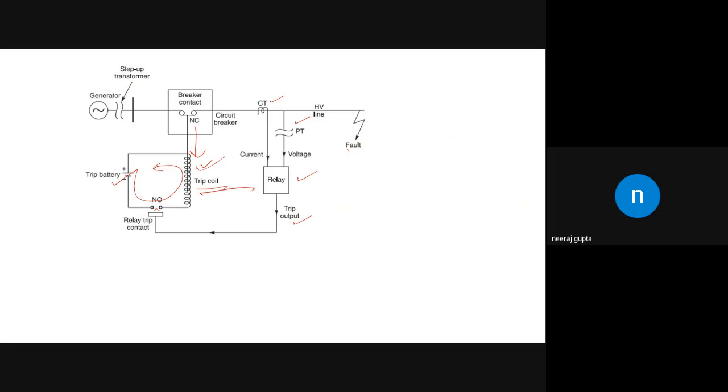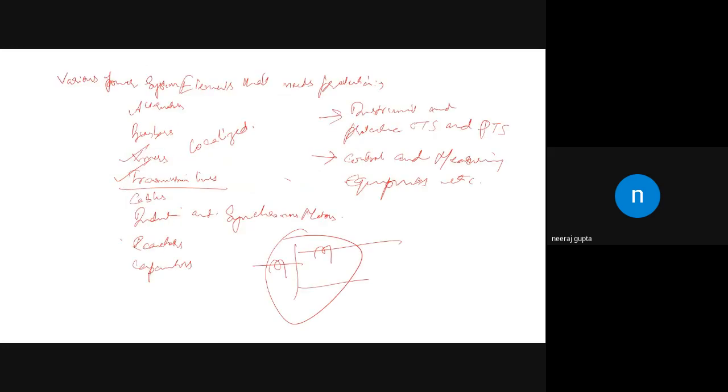सो दैट ट्रिपिंग मैकेनिज्म आई विल आल्सो एक्सप्लेन विद दिस डायग्राम। जैसे CT और PT हैं हमारे, यहाँ से इंफॉर्मेशन रिले को जाती है, एंड ट्रिप आउटपुट, दिस इज द नॉर्मली ओपन कॉन्टेक्ट्स। और उसके बाद जब भी सिग्नल मिलता है तो ये नॉर्मली ओपन क्लोज हो जाते हैं और ट्रिप कॉइल एनर्जाइज हो जाती है, और नॉर्मली क्लोज कॉन्टैक्ट रिमूव हो जाते हैं और हमारा सर्किट ब्रेकर ऑपरेट करना शुरू कर देता है.